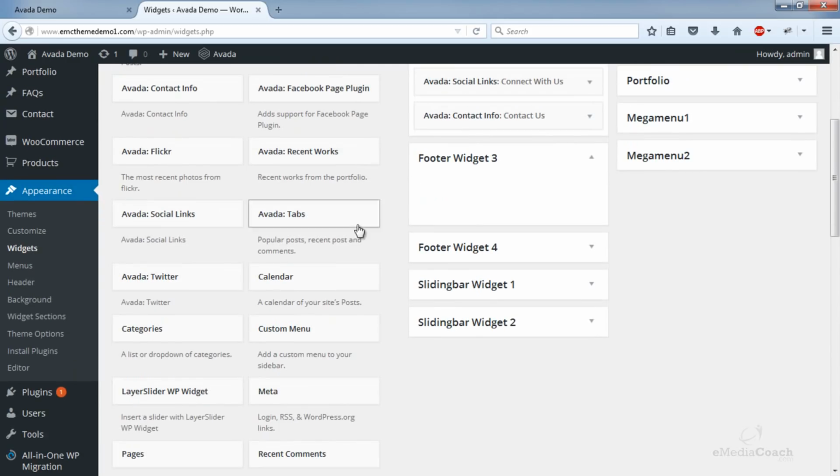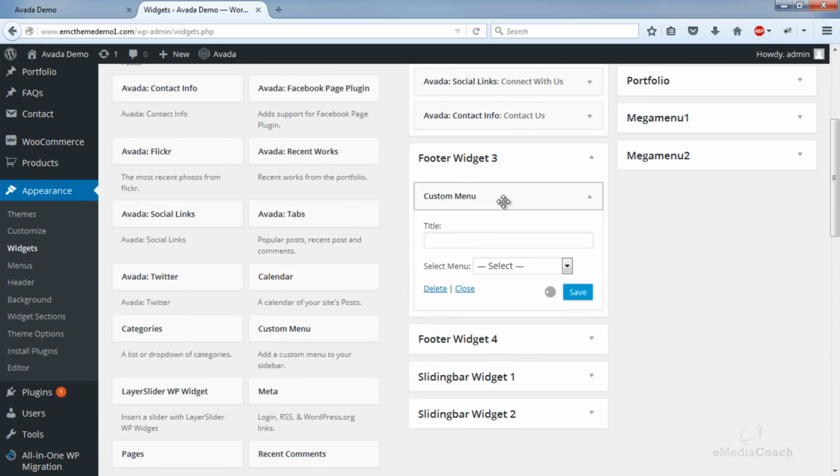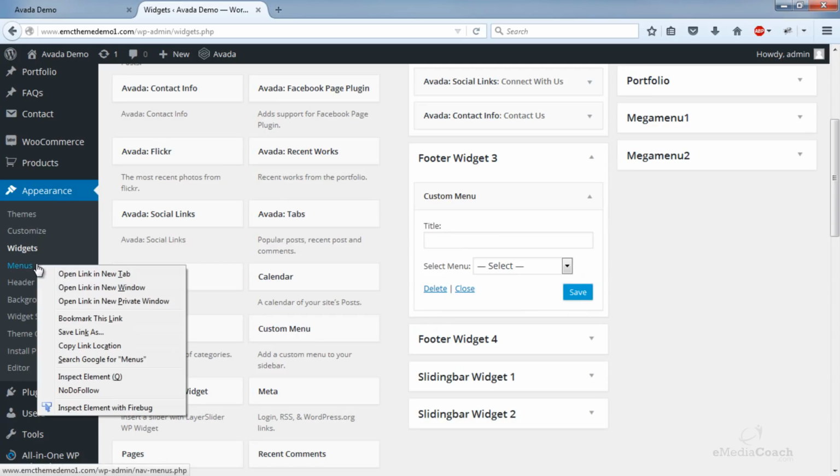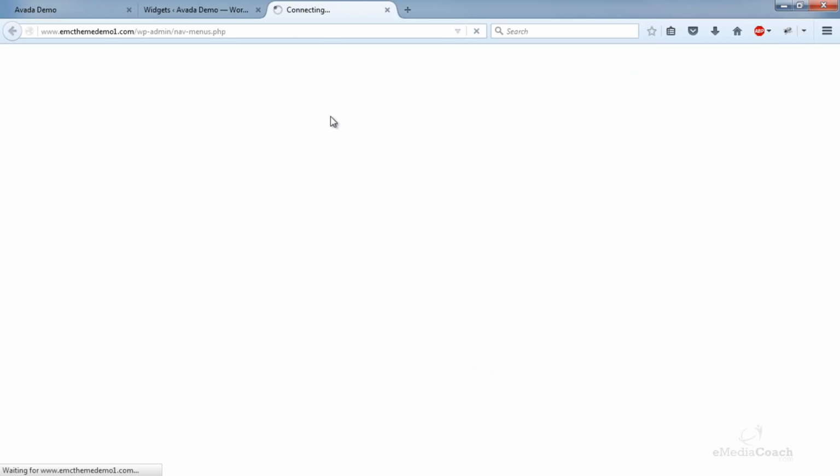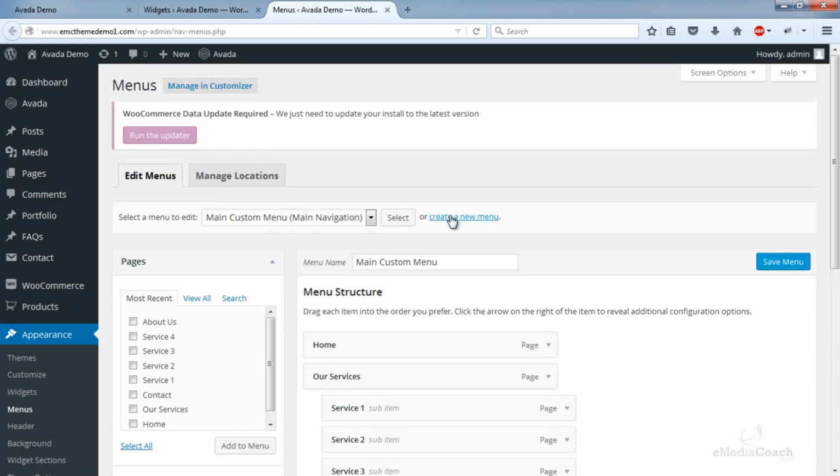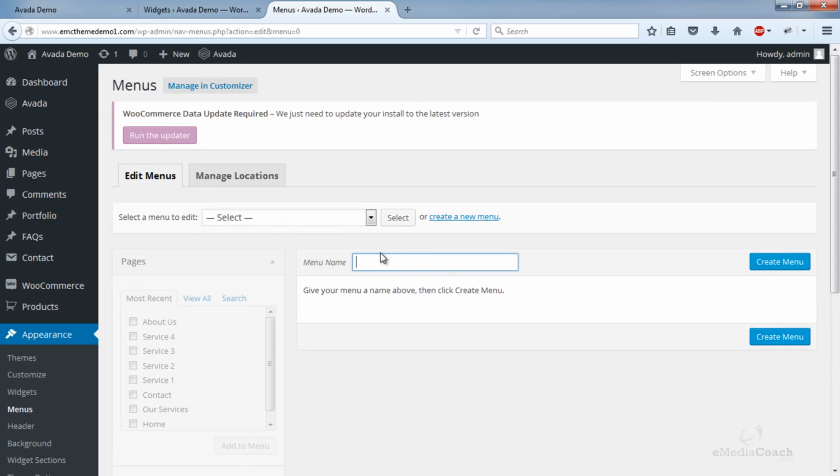So I might add a custom menu here. To add a custom menu, you can actually drag and drop this widget over here. But to actually create a menu, you can go to menus and create a new menu. And perhaps you can link some important links in your footer.